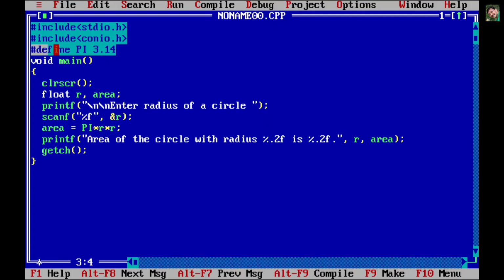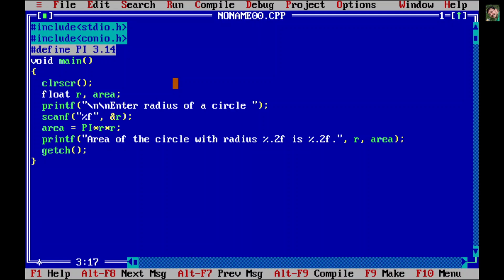As you can see, here I had included one more line. It is hash define pi 3.14. This is called a symbolic constant. I have created one symbolic constant with the name pi, and the value I had given is 3.14.